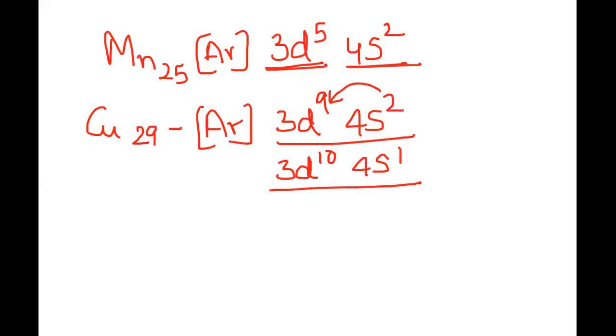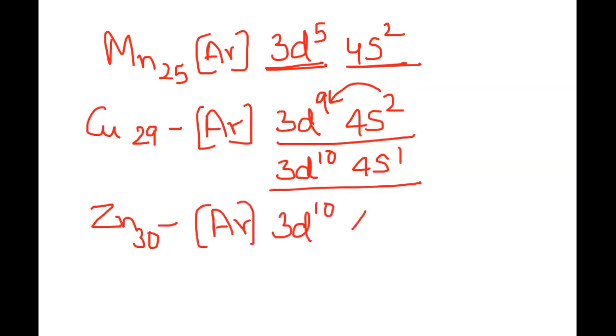Now, when you talk about the 30th electron entering, where will it enter in the case of zinc? The electronic configuration for zinc is going to be argon, within the square bracket, then 3d10 and 4s2. Okay, now see, for this also the valence electron configuration will be the same as in calcium. Correct? Why? Because the same position is being occupied. So if you see in the case of calcium also it was 4s2.